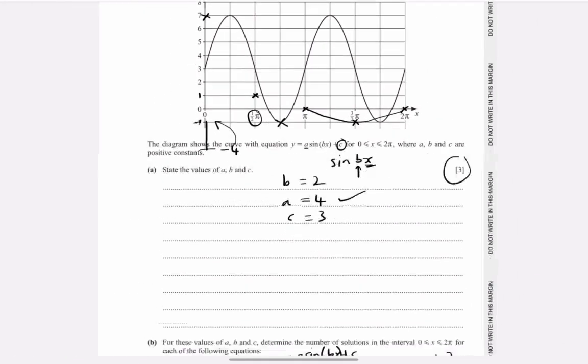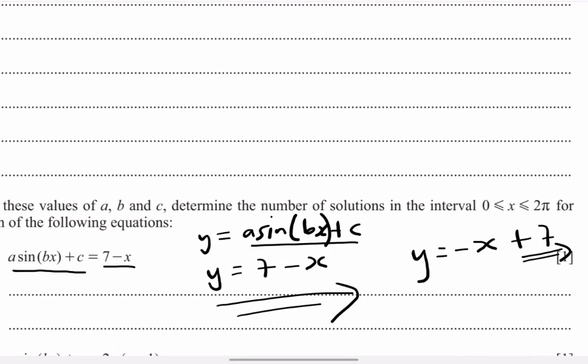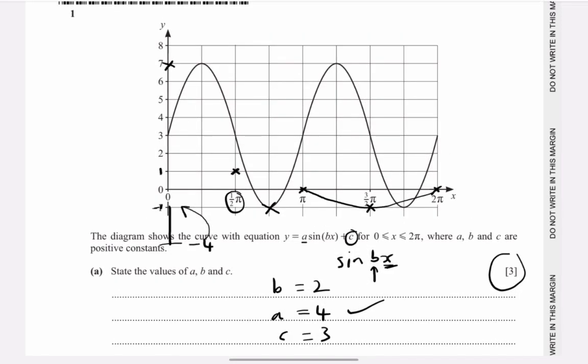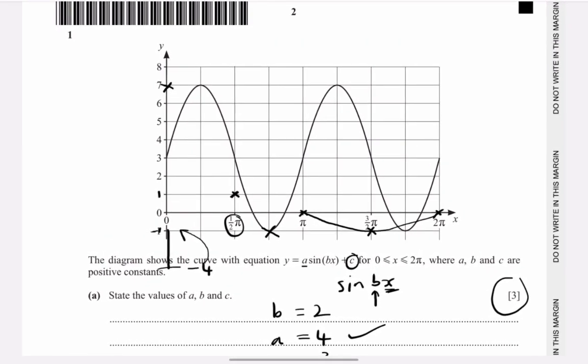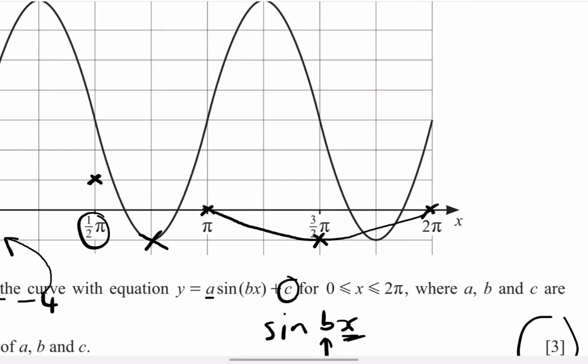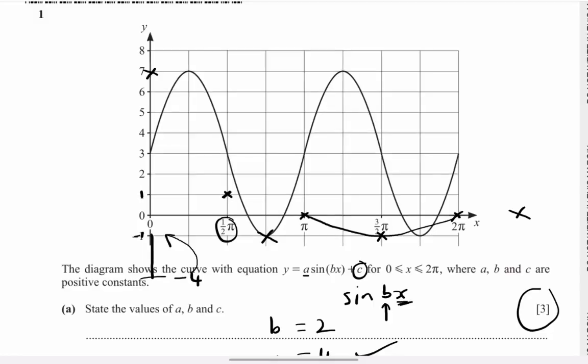Then to get the point at which that line crosses the x-axis, we know y will be 0. So it's x being equal to 7. And x equal to 7 is, let me confirm, 2 pi is 6.28. So x being equal to 7 is probably somewhere around here. So our line is passing through these points like this,